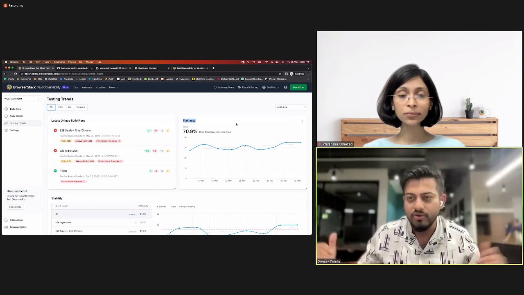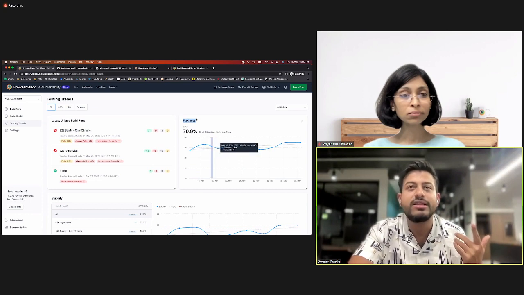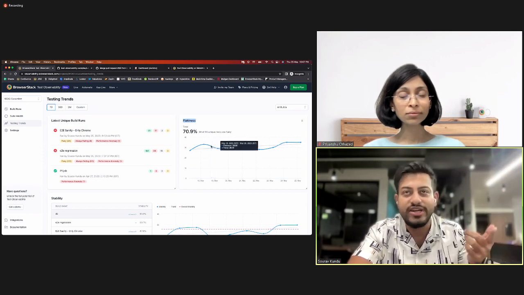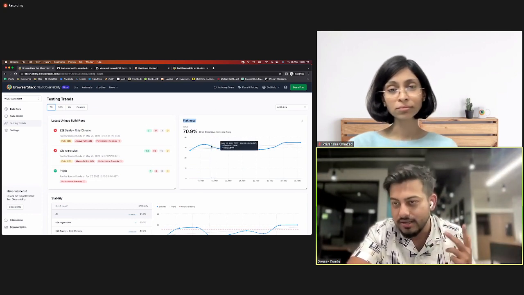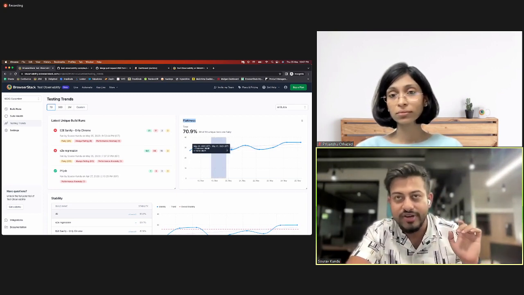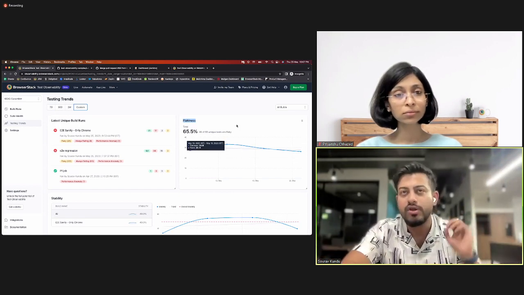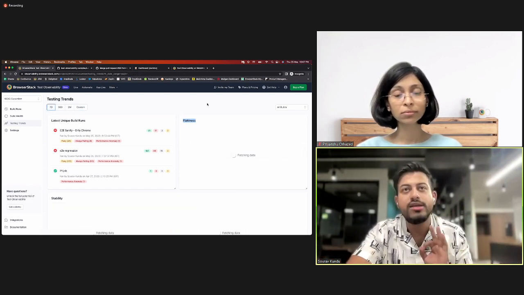Is it improving, not improving? Currently we're looking at only 7 days of data, but imagine you're looking at 2 years of data. You will be able to see spikes in the data. You will be able to drill down into this data. You will be able to zoom into this data. You can do all of that with this data.